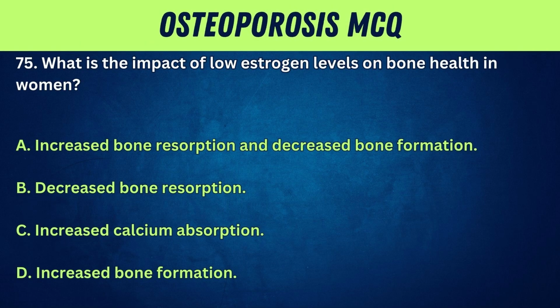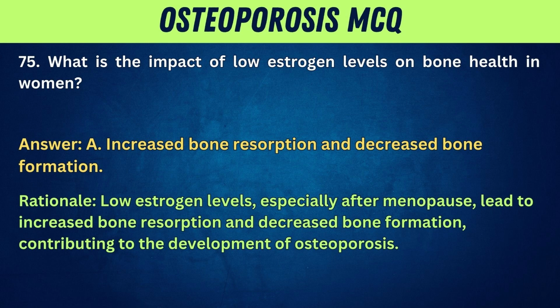75. What is the impact of low estrogen levels on bone health in women? A. Increased bone resorption and decreased bone formation. B. Decreased bone resorption. C. Increased calcium absorption. D. Increased bone formation. Answer: A. Increased bone resorption and decreased bone formation. Rationale: low estrogen levels, especially after menopause, lead to increased bone resorption and decreased bone formation, contributing to the development